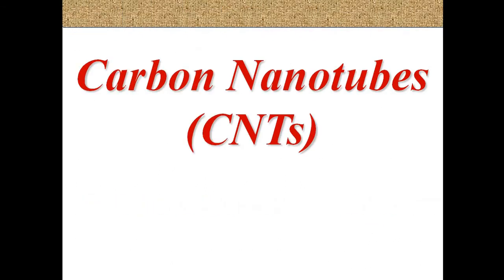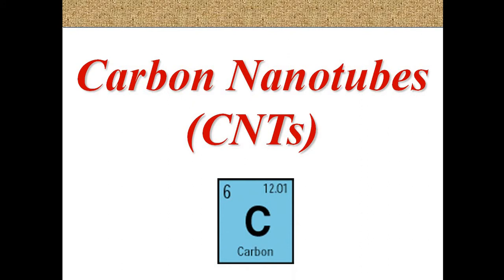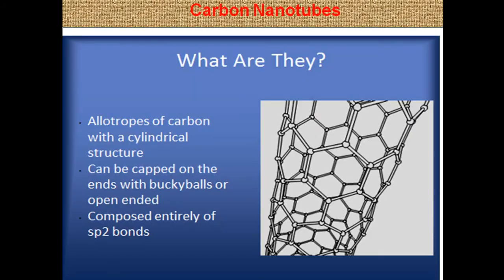So what are carbon nanotubes? Simply, carbon nanotubes originate from carbon. The basic backbone of the carbon nanotube is carbon. A large number of carbons come together, they undergo polymerization, and a long cylindrical tube formation takes place. This is nothing but the carbon nanotubes.